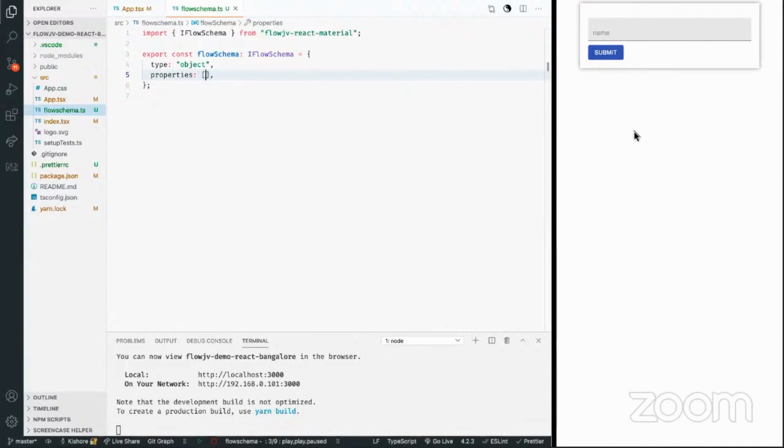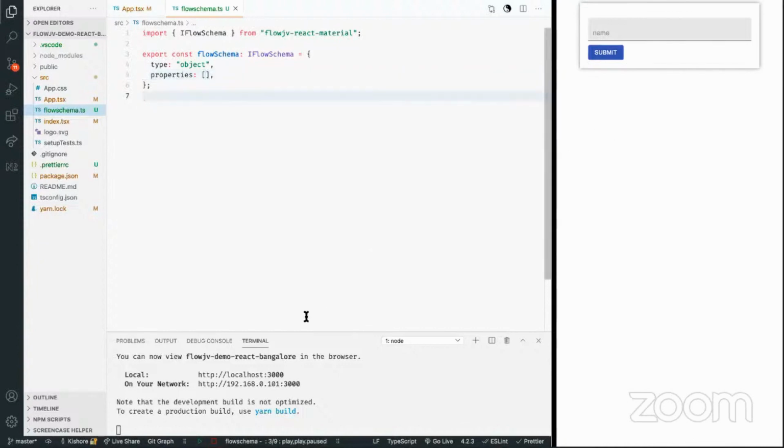Everything is going to be embedded within the schema. And one more thing to notice, the schema is common for both UI as well as data requirements. That means the UI related configuration, like whether the input type is going to be password or any other nitty-gritty details of UI, can be embedded within the schema itself. So it is a unified schema for both data requirements as well as UI.